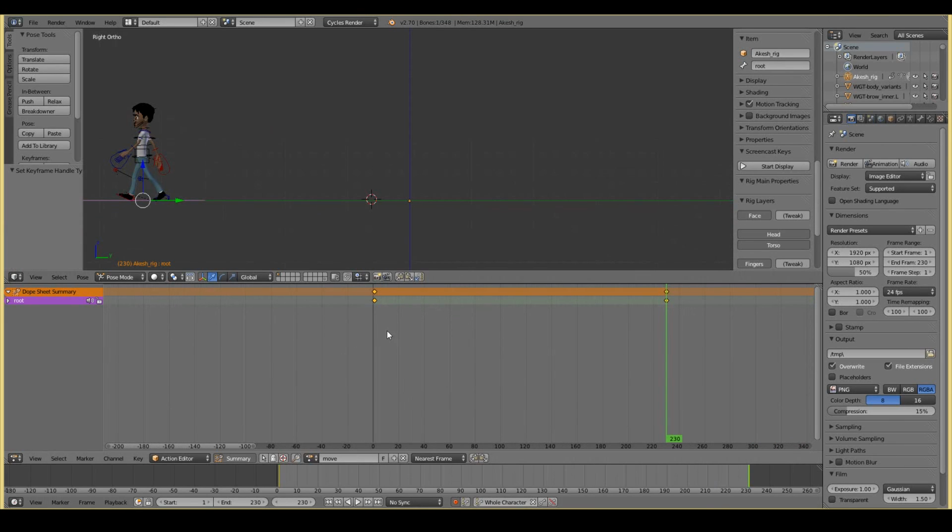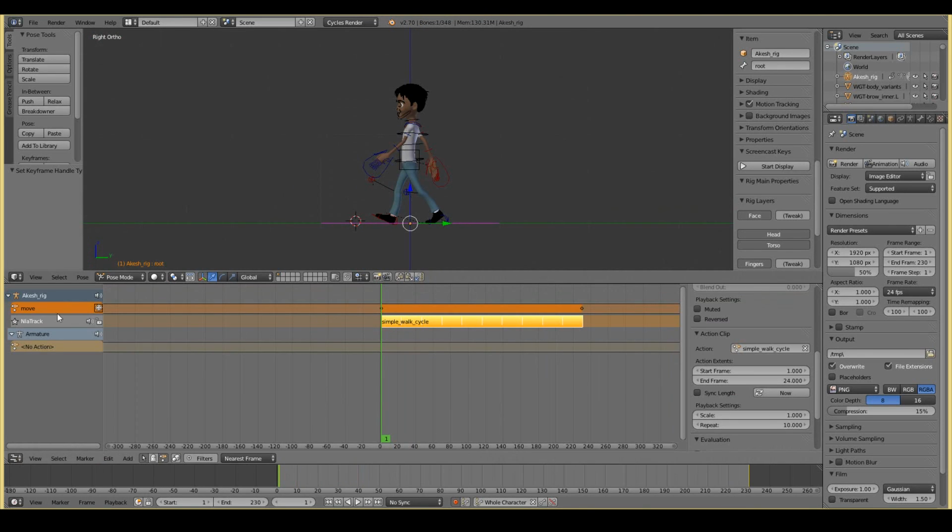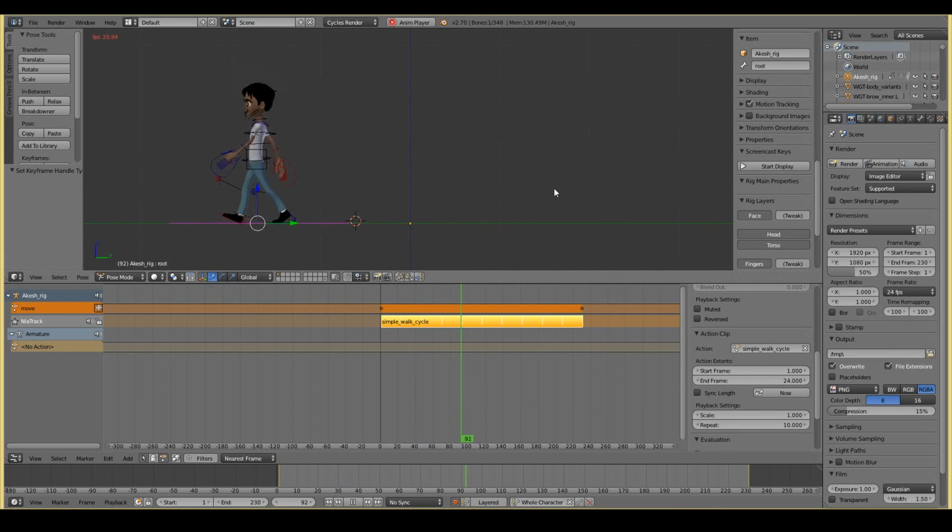What that'll do is, with Blender's animation, you start slow and then it goes fast and then ends slow again. So by doing vector, the animation is constant. I think I've mentioned that in the previous tutorial, but that's just hit vector. And there you can see that. So now when I go into the NLA editor, you can see that there's a move action on top of the NLA track. So now we'll have both the move animation and the simple walk cycle animation as well.